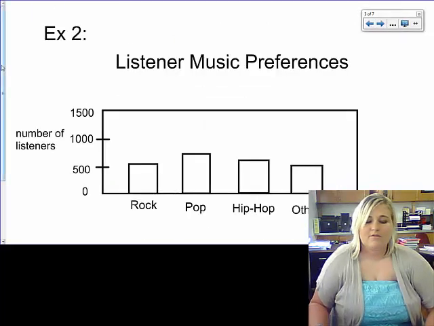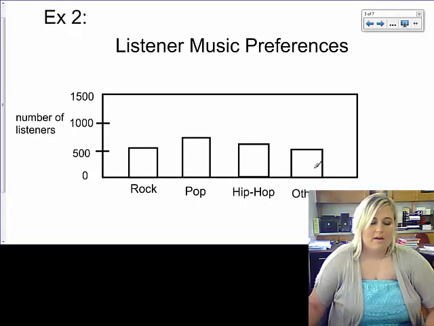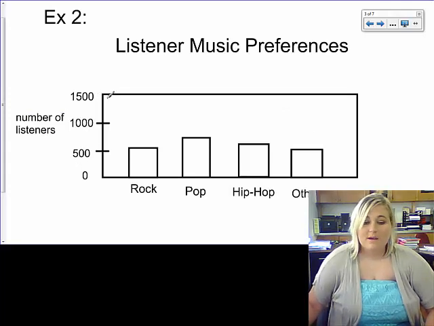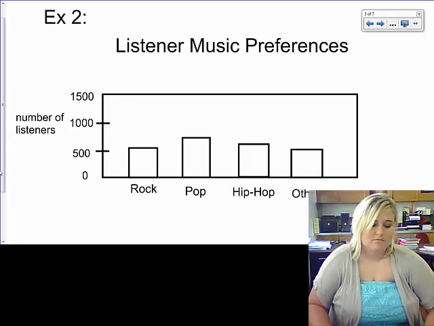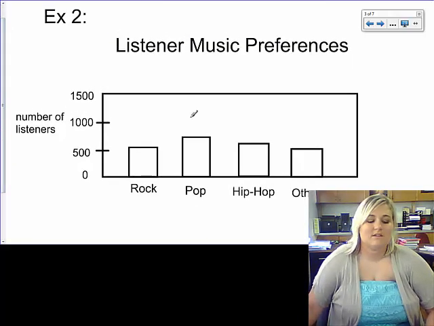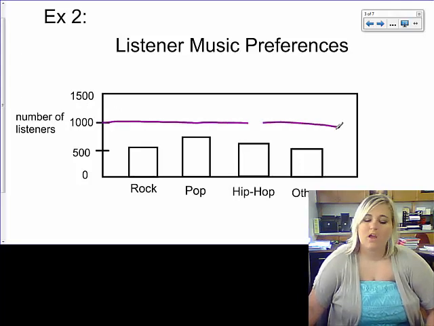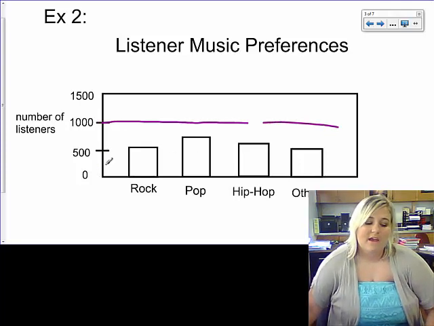On example 2 we have listener music preferences. That's what this graph is about. We have the number of listeners, 0, 500, 1,000, 1,500, and the types of music: rock, pop, hip-hop, and other. Some reasons that this may be misleading. Number 1 is because of the scale. We are going in chunks of 500, which is not necessary because there is nothing that is above this 1,000 mark. That means that we should probably do it in increments of maybe 250